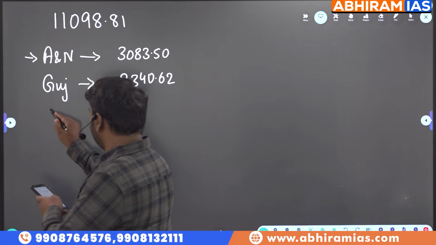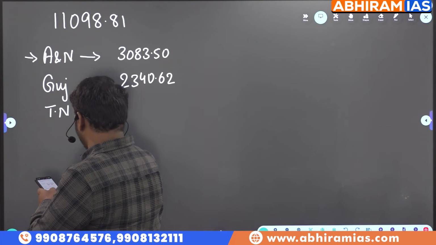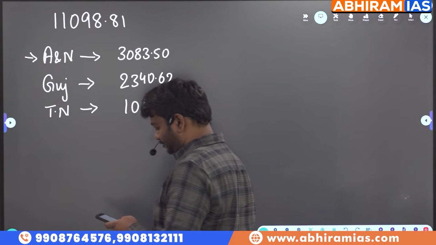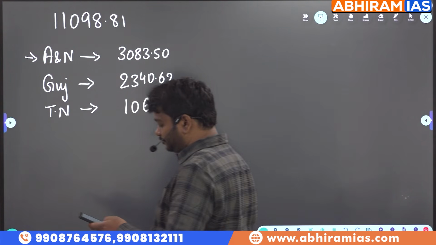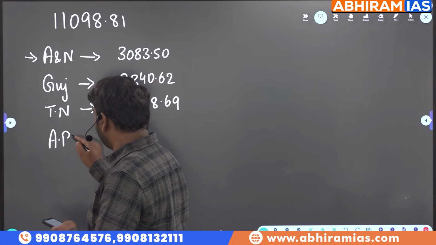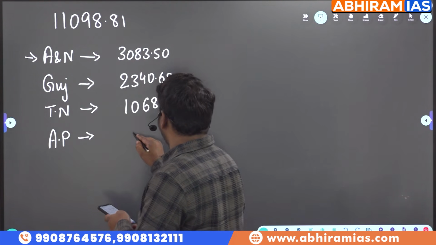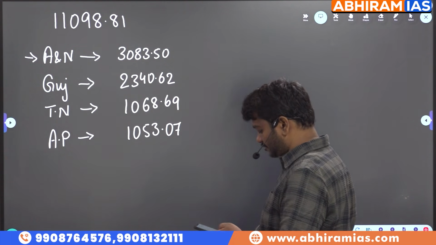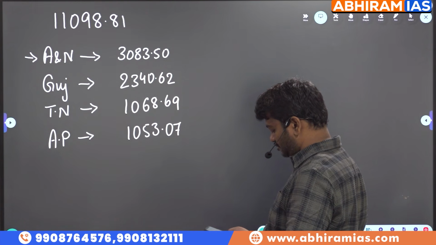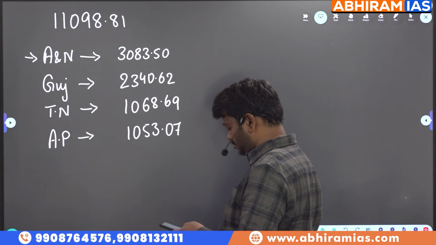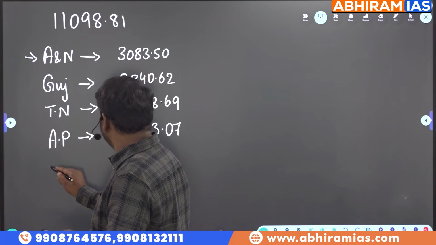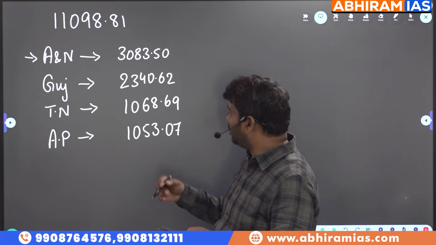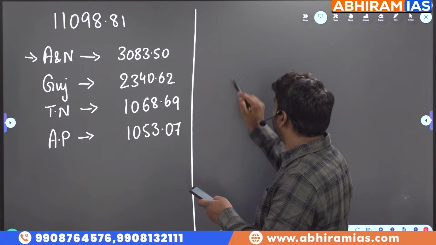After Gujarat, you have Tamil Nadu, 1068.69. Then you will have Andhra Pradesh, 1053.07. These other numbers are not important, only these four numbers are enough. Others' order is important. Okay, after Andhra Pradesh,